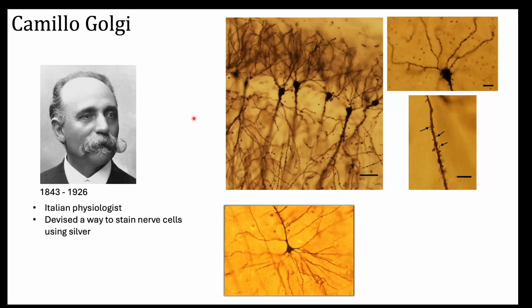Okay. So Golgi figured out a way to stain nerve cells using silver. And these are new pictures. This isn't microscopy from Golgi's time, but nonetheless, these are neurons that are stained with what's called a Golgi stain. And the Golgi stain uses silver to stain, as the name suggests, the neurons into this opaque color. So you can then use a microscope and get really good resolution, assuming that your microscope has the required level